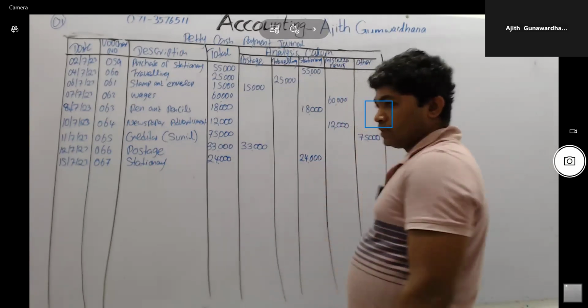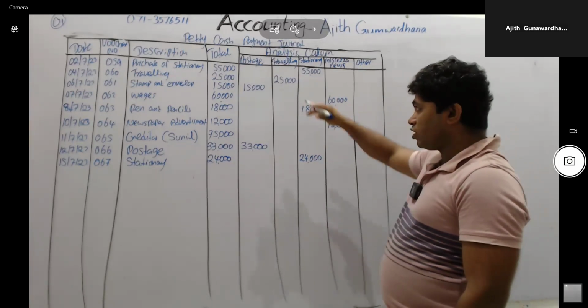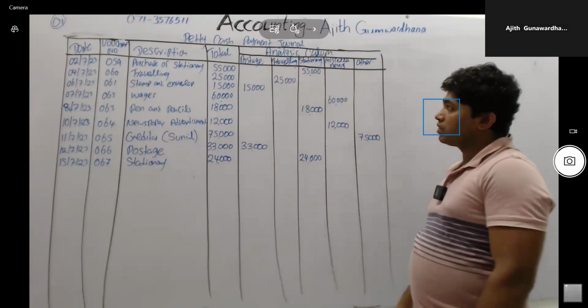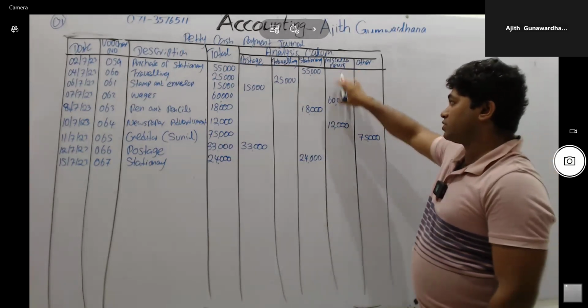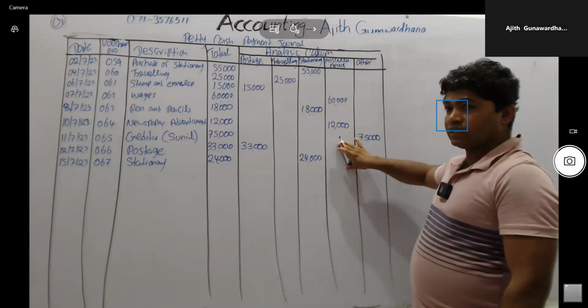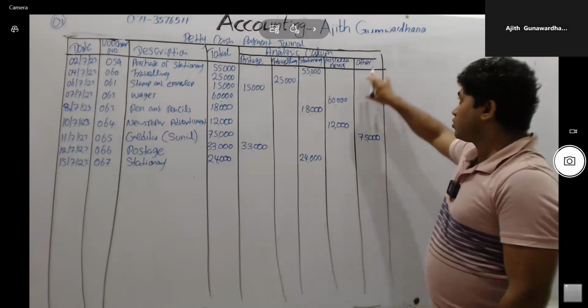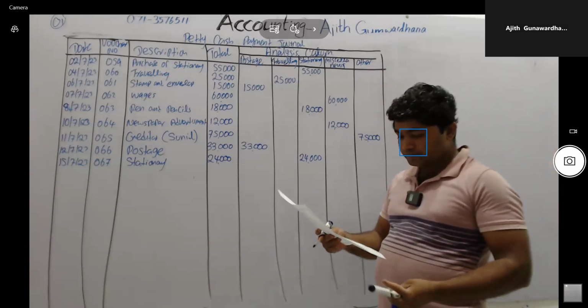Station expense. Like that, if there are more similar expenses, you have to prepare a separate column for those kinds of expense. All other expenses will be recorded in the miscellaneous column. And if it is given payment for creditors by using petty cash, should be recorded in other columns. Think how to maintain petty cash payment journal.